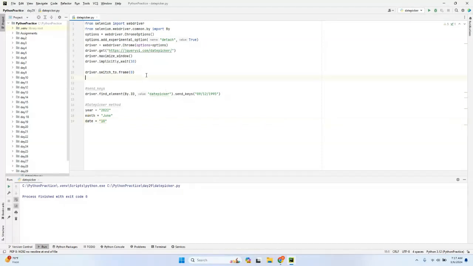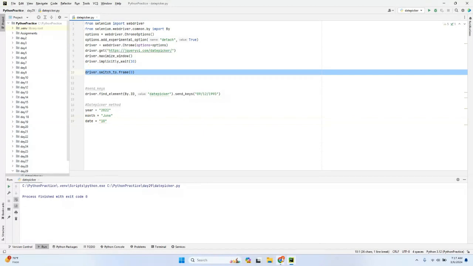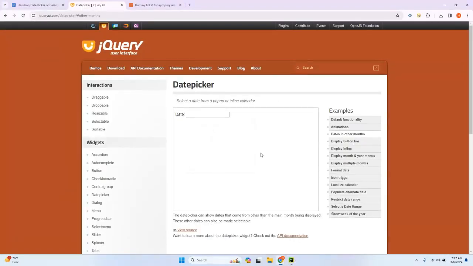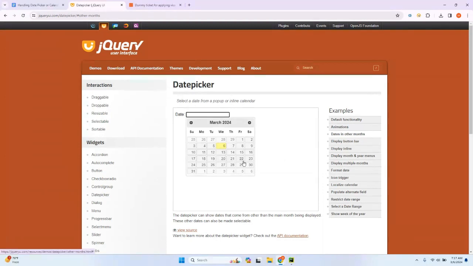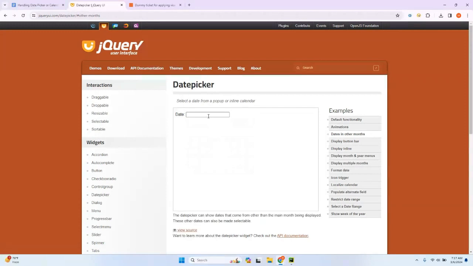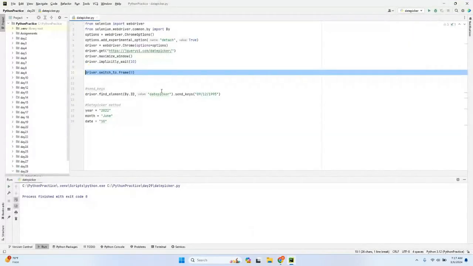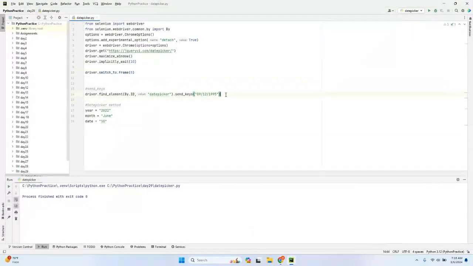Once you switch to that particular frame, then definitely if you want this date picker element to be enabled, you come here. After switching to frame, definitely you perform the click action on this element instead of the send keys method. So that's what we are doing here. After switching to frame, instead of the send keys method, if I want to select the date by the date picker method, I will use the click action on the same date picker element dot click. When I click,